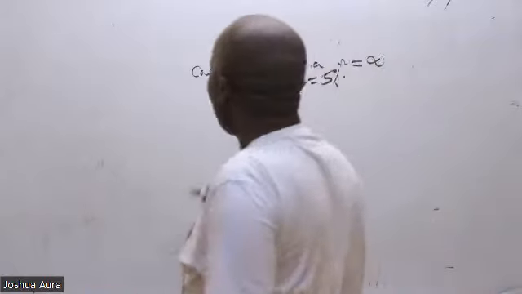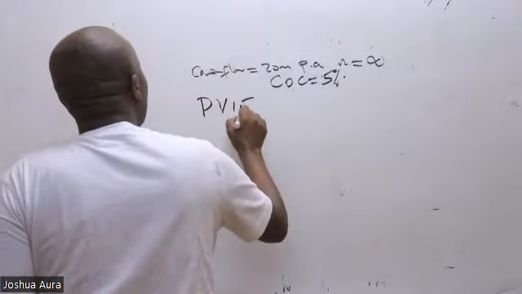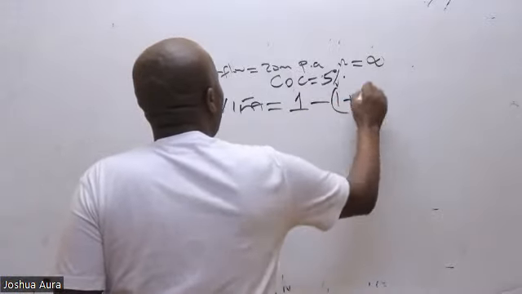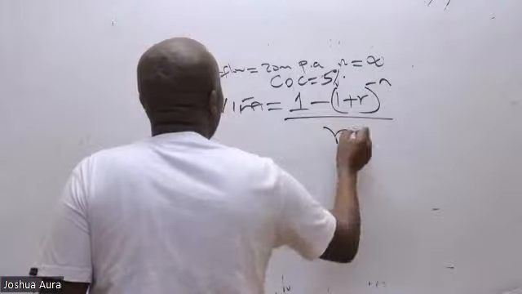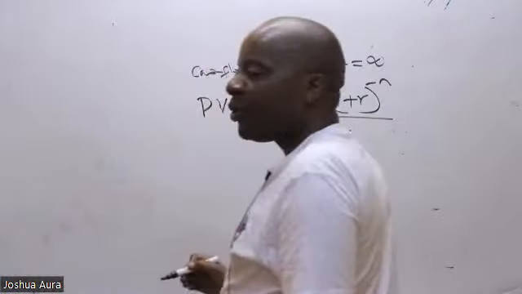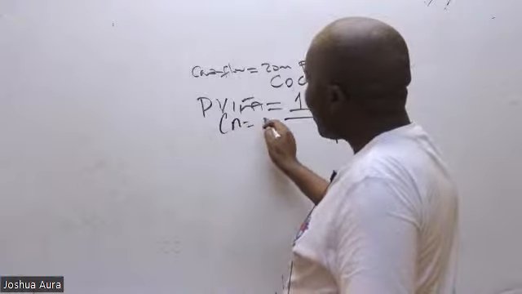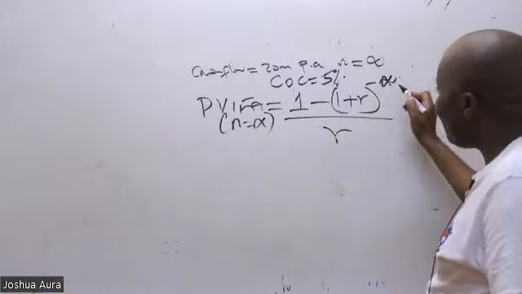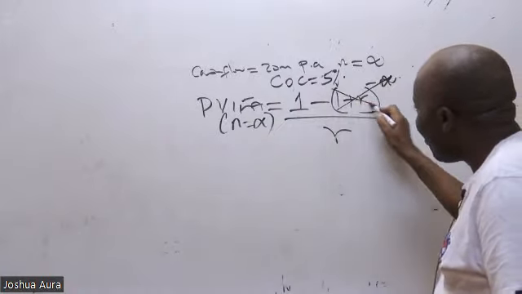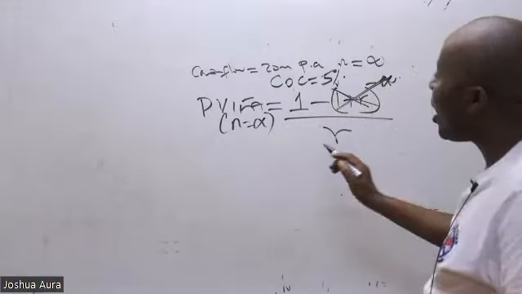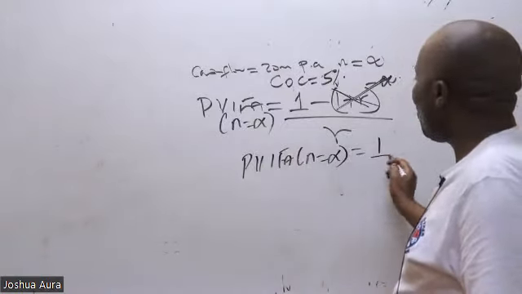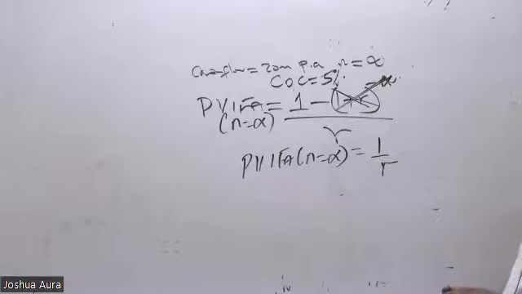So if it's a uniform cash flow, then the formula that I'll apply here is the PV, which we've just said is 1 minus (1 plus R) raised to negative n, all divided by R. But you realize that our n here is infinity. If n is infinity, this term will be killed. And that is why the formula of PV, whenever n is infinity, is always 1 over R.